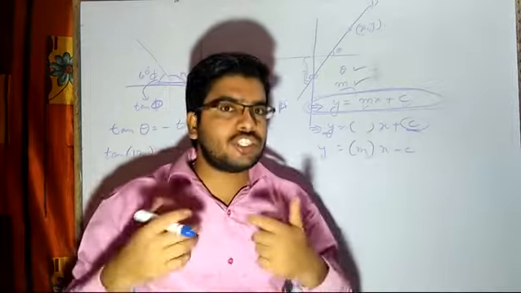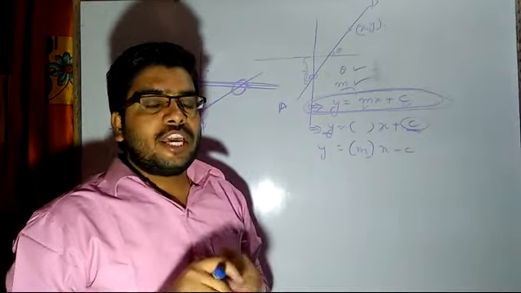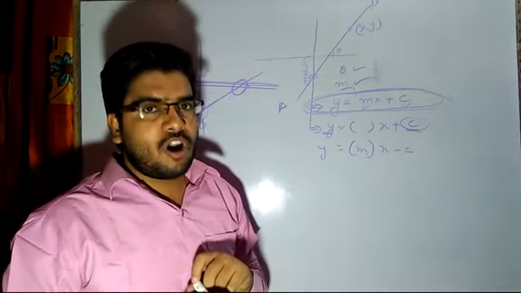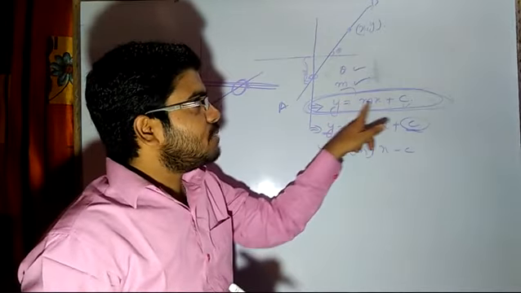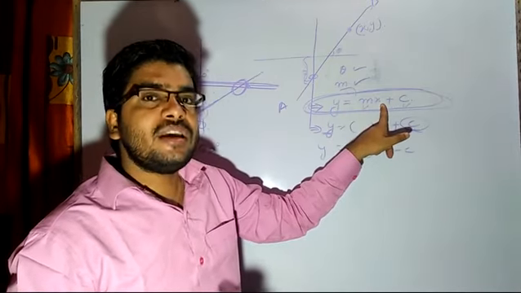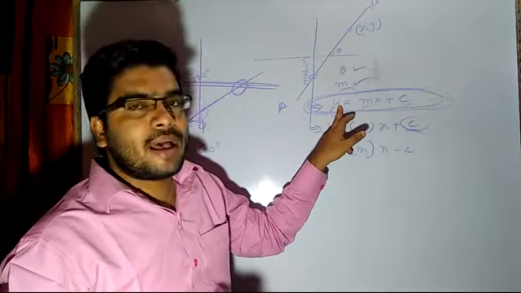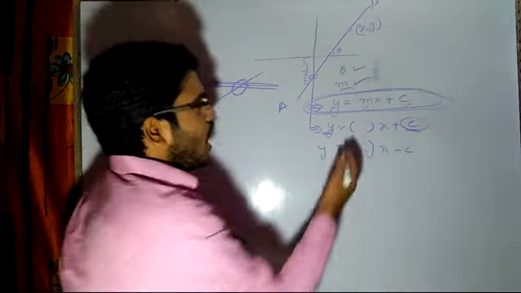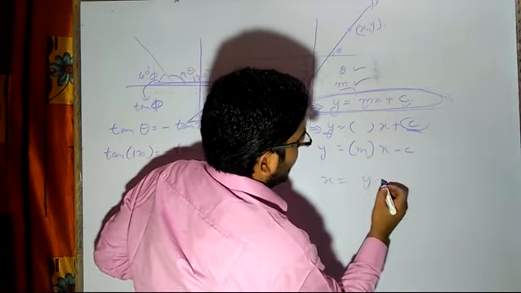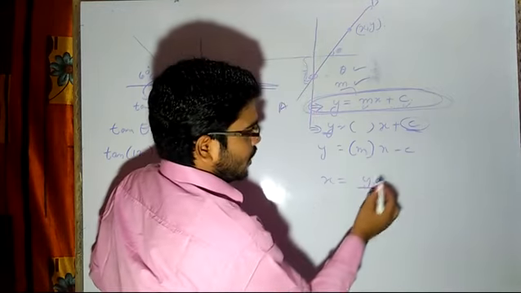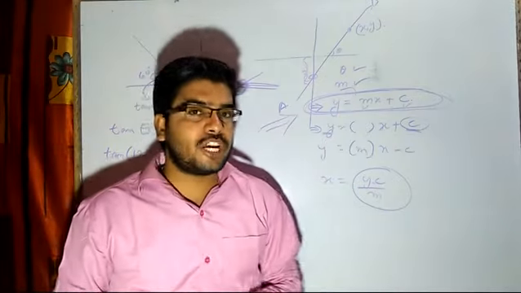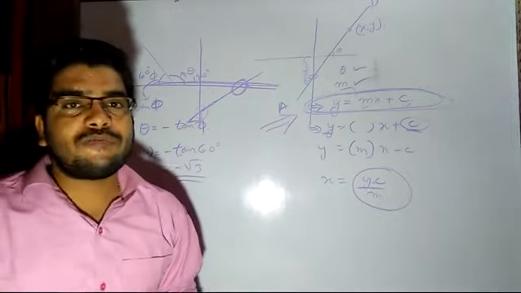Y and x will always remain, because as I told you, the equation of a straight line is the relation between the x coordinate and y coordinate of a point. If it is a relation between y and x, that means y will remain as the subject and the other thing will remain there. Now, I can also write x is equal to y minus c upon m, in this way also. But the most standard form is this. So, always you have to convert this into subject form. Subject should be y. This is an example of point slope form.